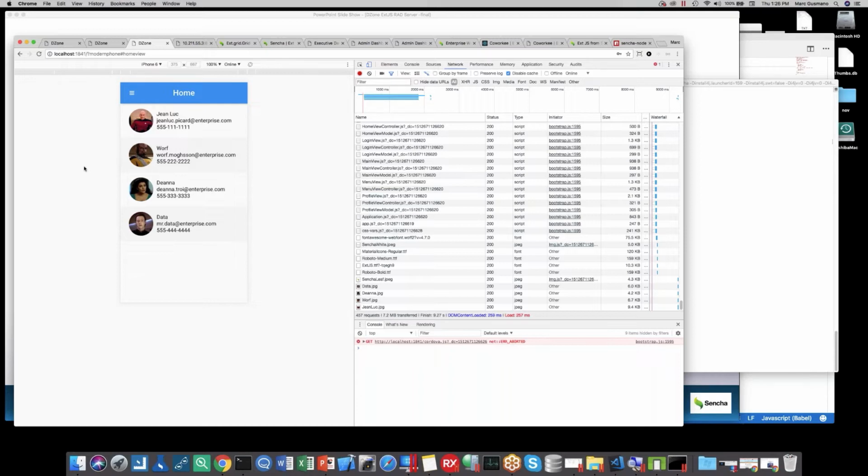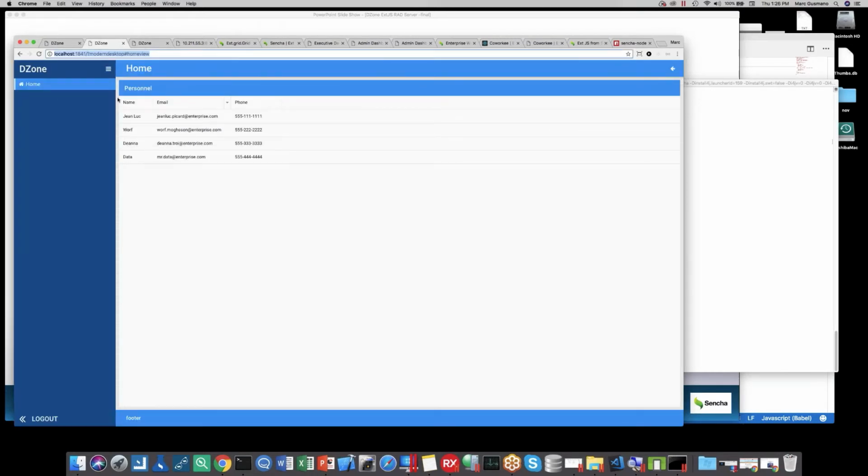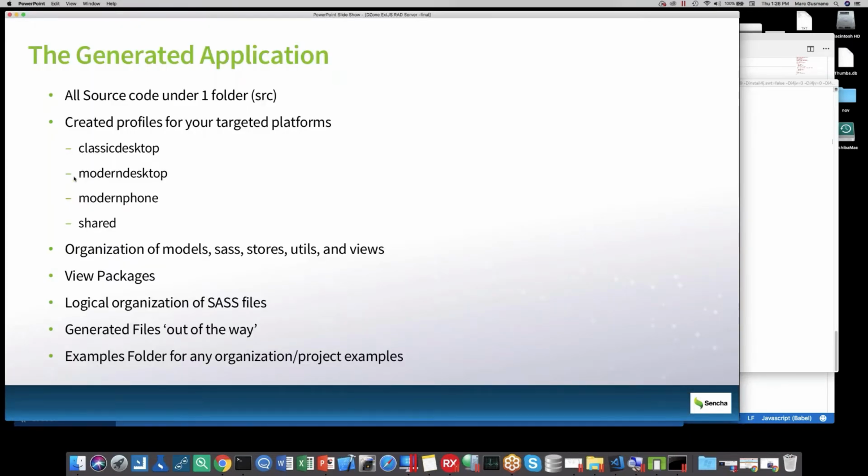Now, there's nothing that says if your application is just a desktop application for now that you just focus on the modern desktop or the classic desktop version. But the structure of the application allows you to very easily add another profile after the fact should you need to. So this is where we're starting. We've started generating our application. It is a universal application. It focuses on the desktop and the phone, and it also has shared characteristics and